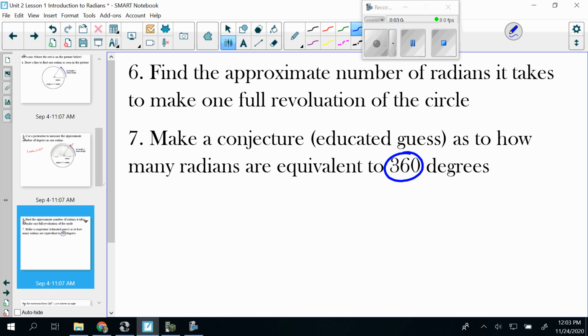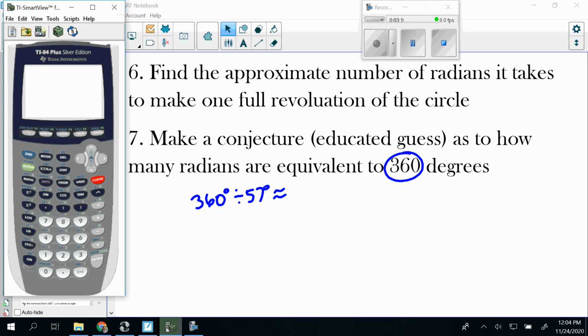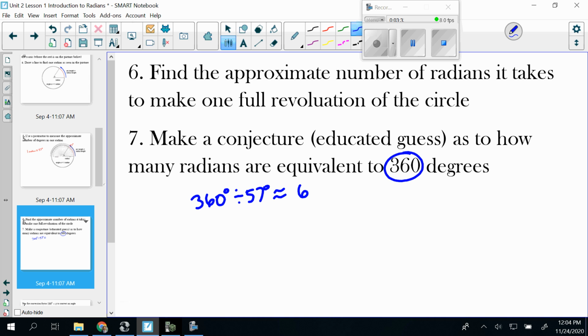So let's see what 360 degrees divided by our approximation of 57 degrees gets us. If we go to a calculator and do 360 divided by 57, it looks like it's approximately 6.3 radians